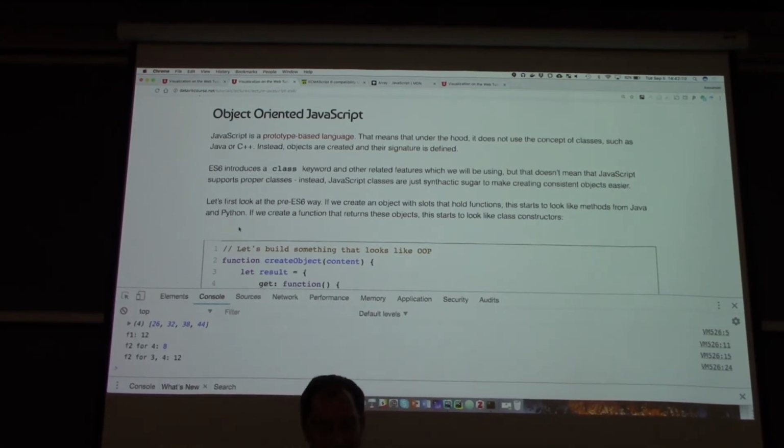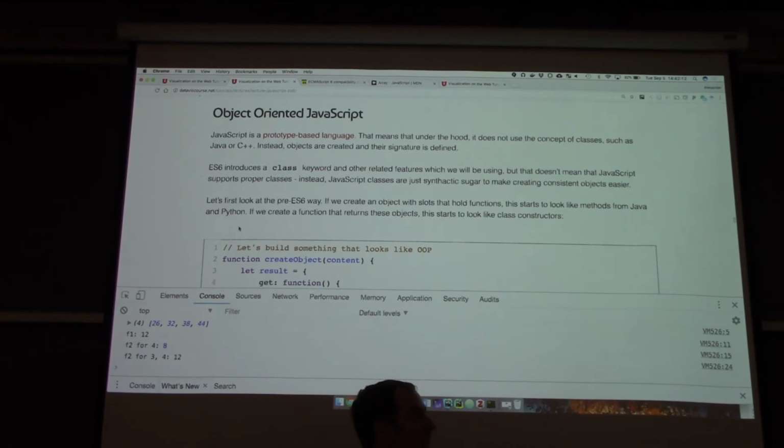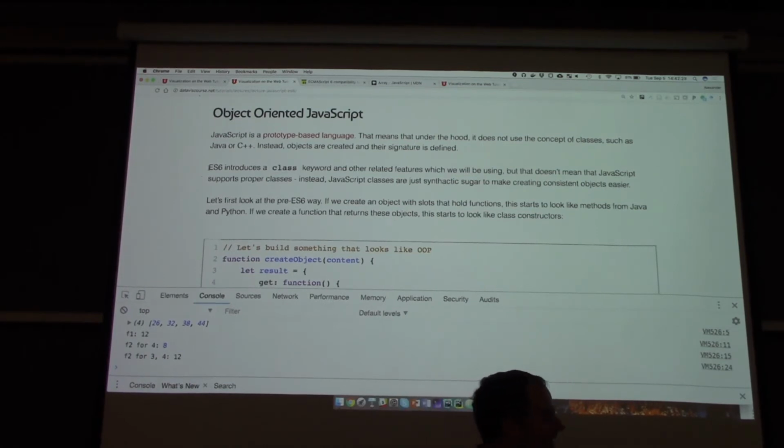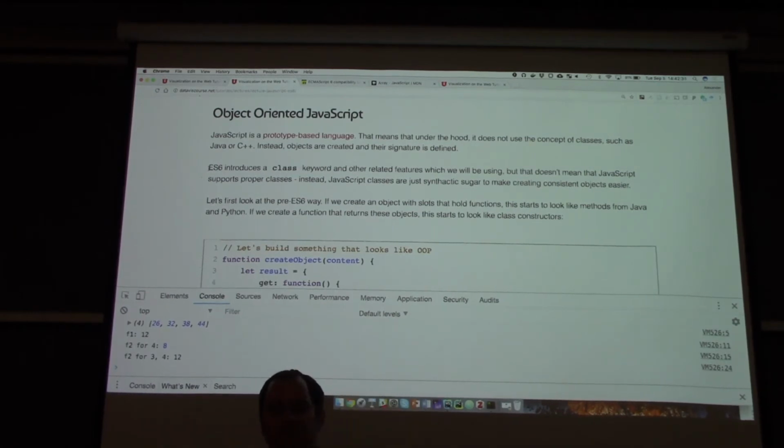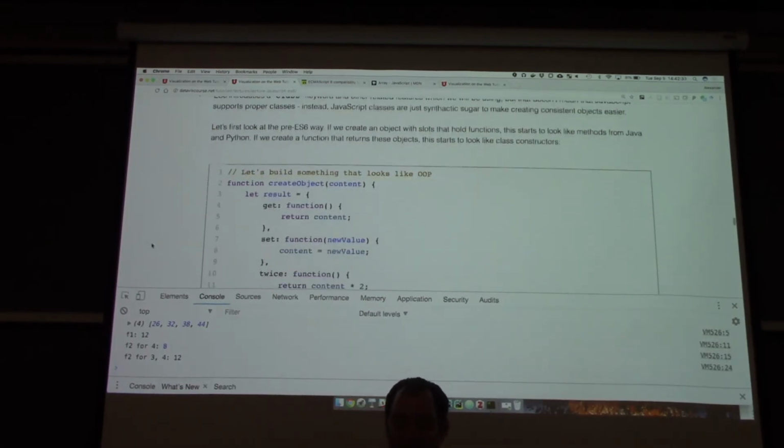So let's look at what that means under the hood. What I also should say at this point is that ECMAScript 6 introduces a class keyword, so you can actually write code now that looks very similar to what you see in other programming languages, but behind the scenes, it's still this object, this prototype-based language. And so this is only syntactic sugar that can be easily converted into the prototype approach that is classic to